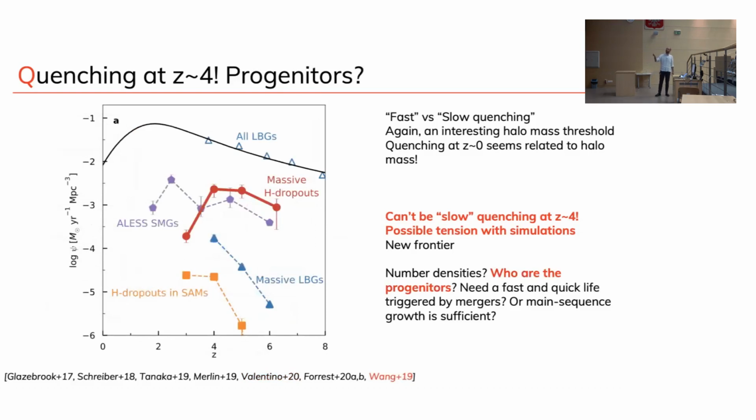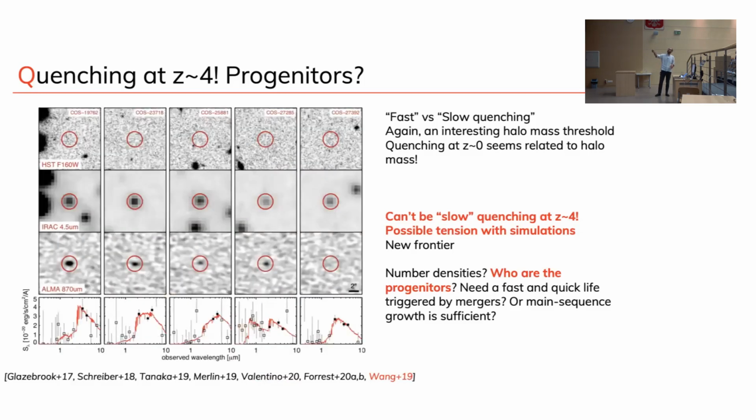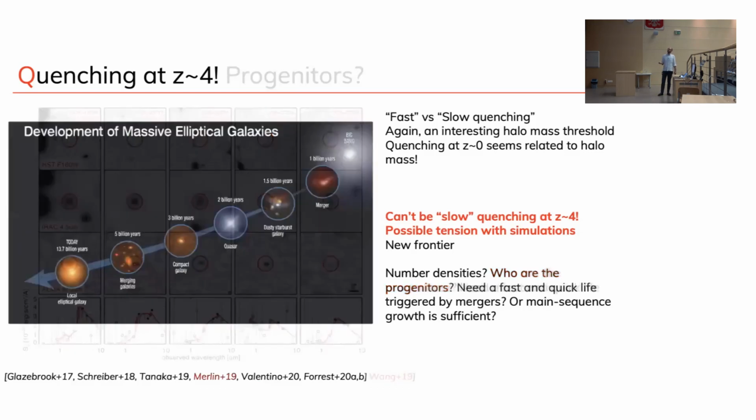These are called dropouts. Basically, you don't see them in HST bands, but then they pop up immediately at long wavelengths. This is Spitzer, and then this is ALMA. So it's clearly there. It was very hard to account for them before, but now we can, and it is obviously going to be even more. And so maybe these objects that are not your prototypical super bursty objects, but more like main sequence galaxies, could be good progenitors. We have a lot of this in our fields. So this is still totally open, totally debated. Stay tuned in the next few years to figure it out.